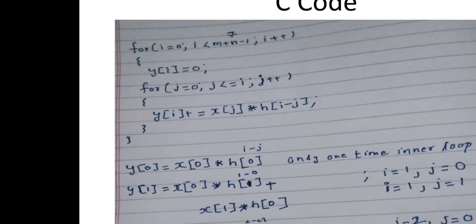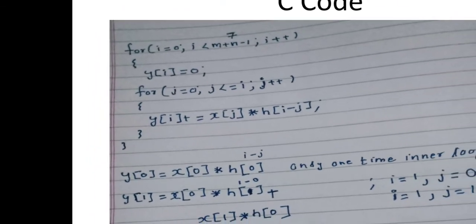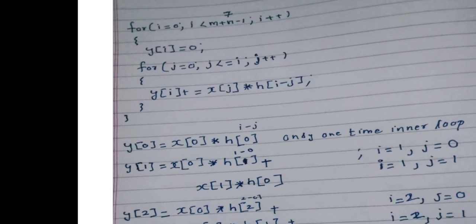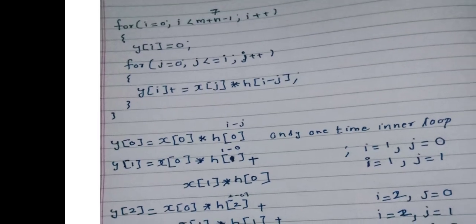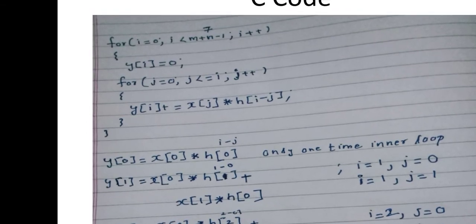Now the second time, it comes out of the inner for loop, and then i becomes 1. So next time it will run for 2 iterations, because i equals 1: j is 0, and then i equals 1 and j equals 1. Because the condition is that the loop runs when j is less than or equal to i. In the previous case, it only ran one time because j and i were 0, and after that j increments, which does not satisfy that condition.